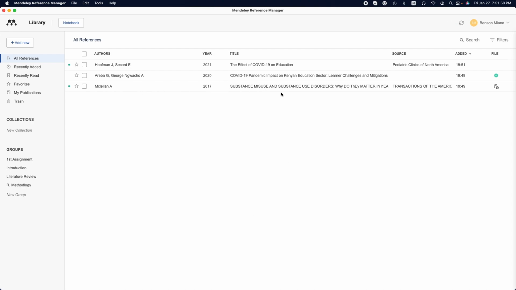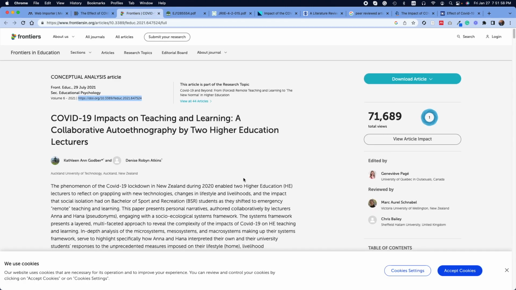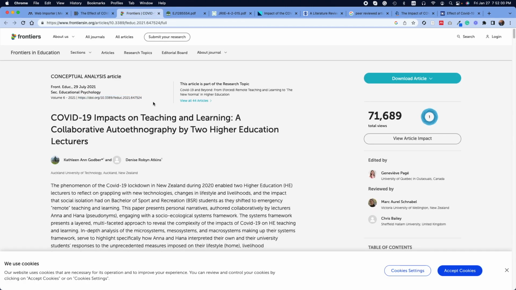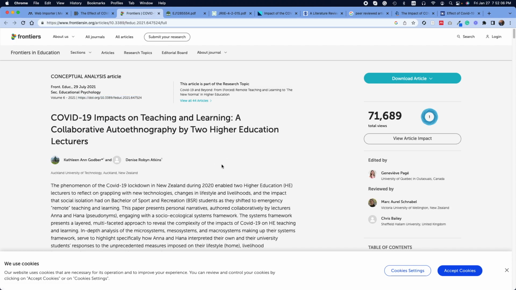automatically. Okay, let us do that once more. So we come to the reference that we want to add to our library. We select the reference. Now for this time, let us work with this. We want to use this reference. You just click on it, then you copy. Once you copy, you come to your